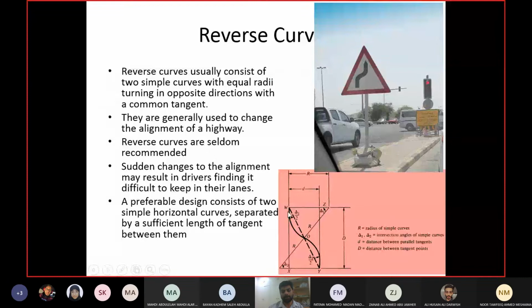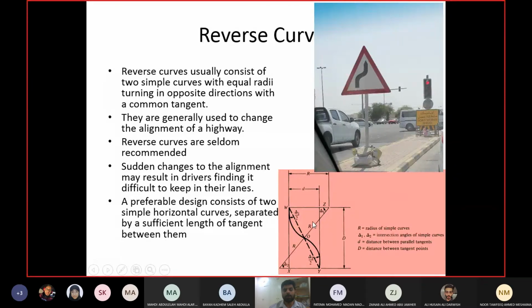So you are on this curve, you are in this line. When you cross both the curves, when you reach the end of the reverse curve, you are in this line now. And between this one and this one, they are parallel to each other, right? So you are shifting the person from one alignment to another alignment, like one parallel alignment to another alignment which is parallel to it.